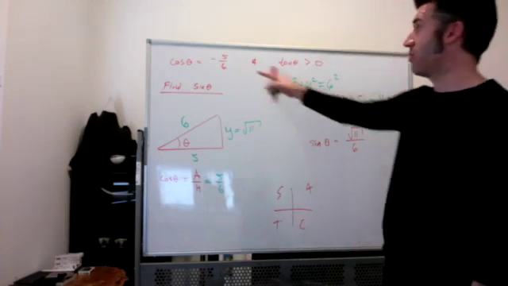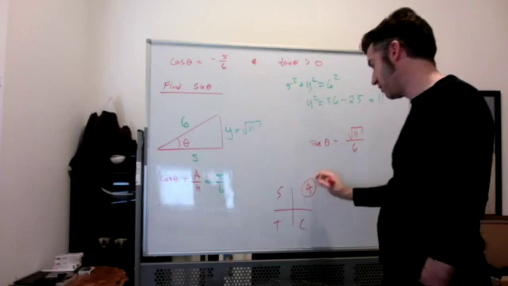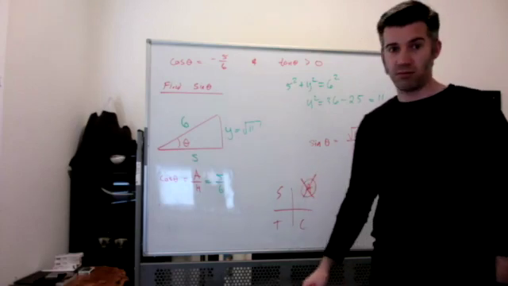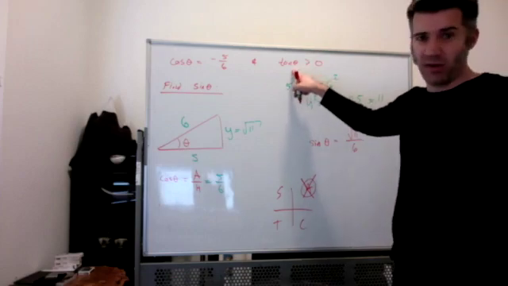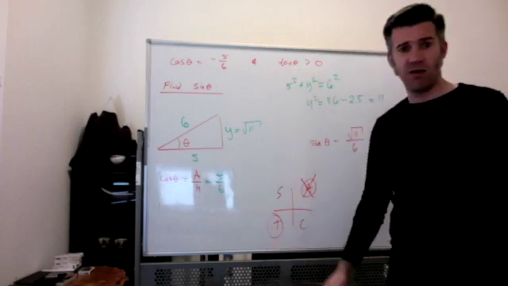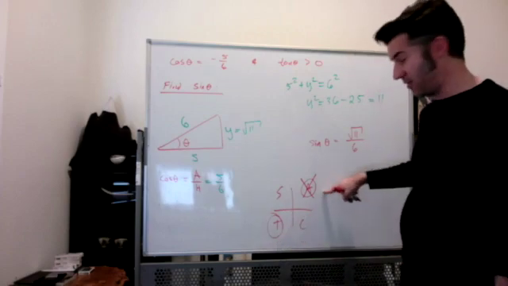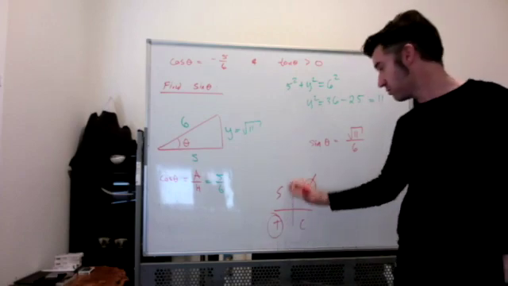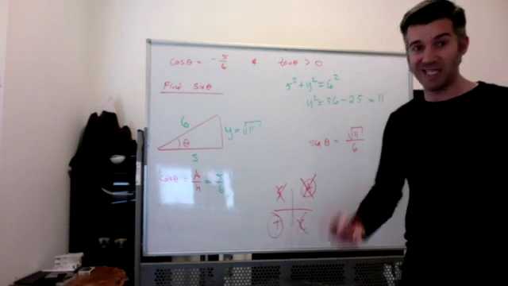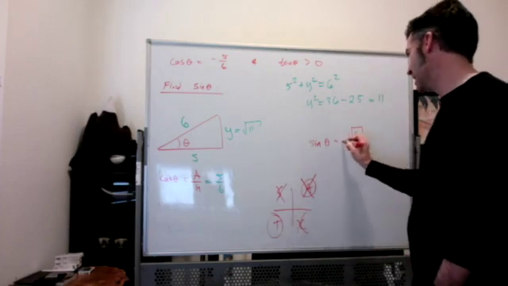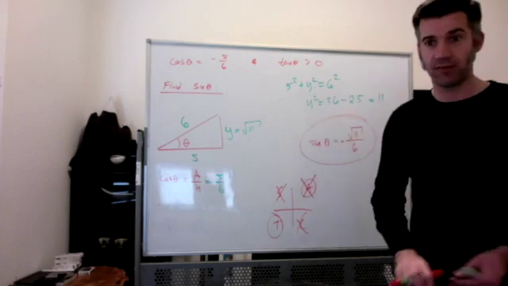We're clearly not in the quadrant where all things are positive, because cosine is negative. And then we're given the tangent's positive, so we actually can just say, oh, hey, I know I'm over there, right? Tangent's only positive in this quadrant or this quadrant. It's not this quadrant. It's got to be this quadrant. So in this third quadrant, we know that sine is negative, so sine of theta is negative square root of 11 over 6. Okay,